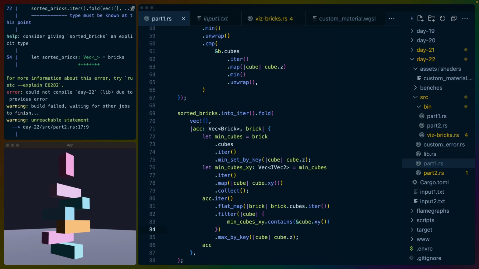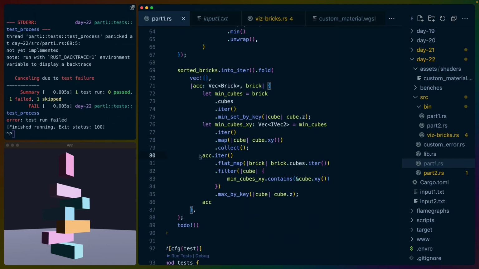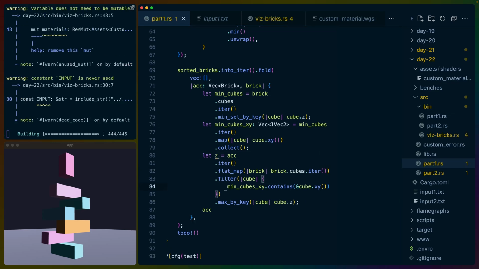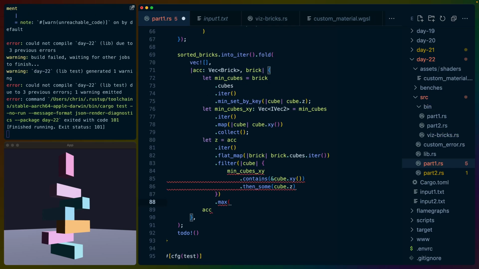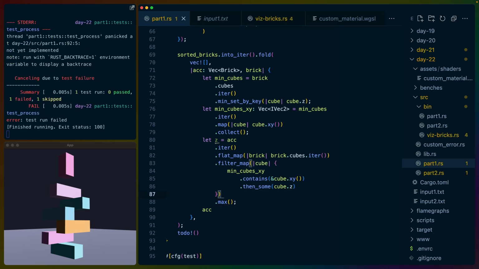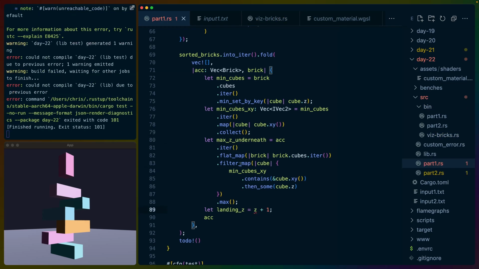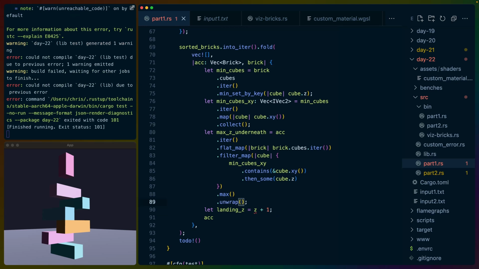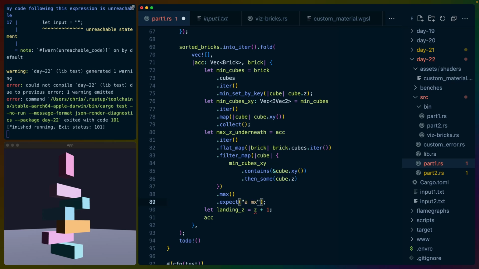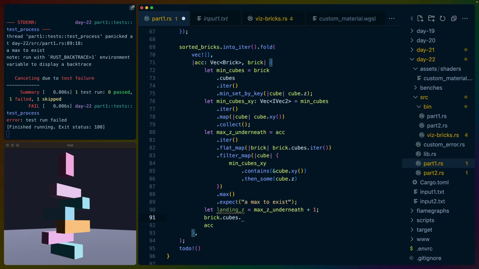So that all, and then, so given this could return us multiple maxes, but I don't think we care. And further, I think we only actually care about the z's. So we can just run max here, because if we filter map here, then if it contains xy, then we can give z back. And that gives us the max z underneath, which means the z we have to target is z plus 1. Assuming we did find a max. I'm going to assume we did for now. Expect a max to exist. So then brick.cubes into iter.map cube, mute cube, cube.z equals